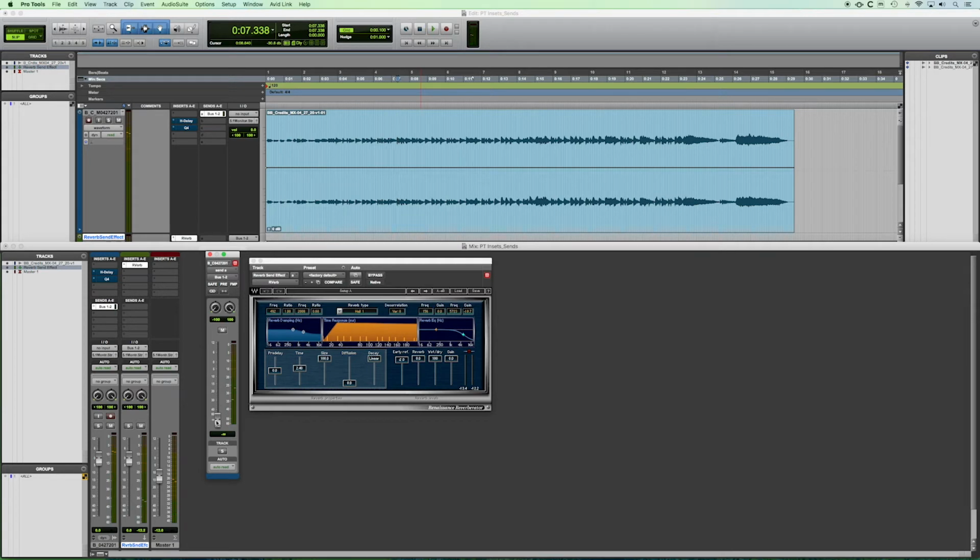So you notice that as I raise the level, you can start to hear how this audio signal starts to sound like it's being placed in some type of hall, maybe like a concert hall or a convention hall. So you're hearing that kind of echo and roominess to it. So this is what's great about using this as a send effect, because you're able to really control how much